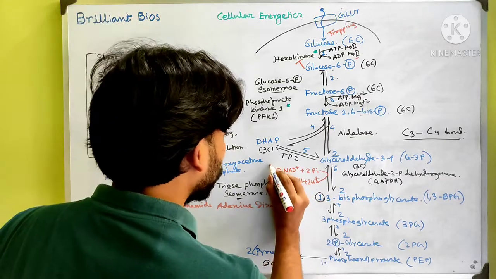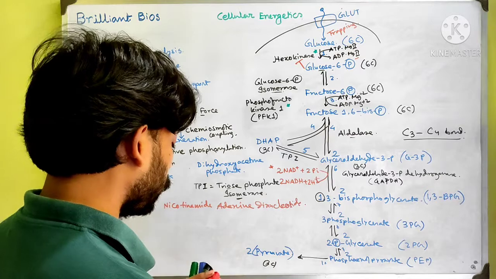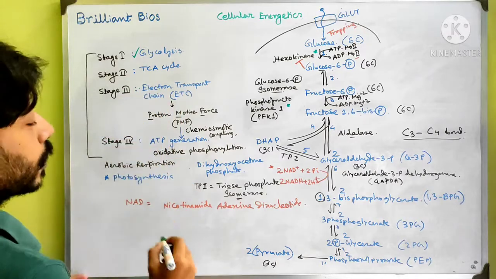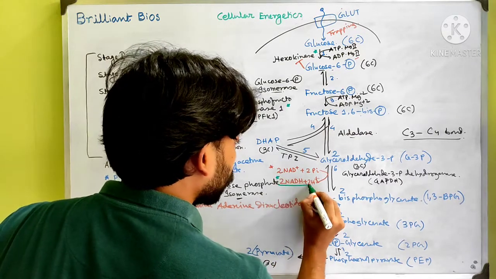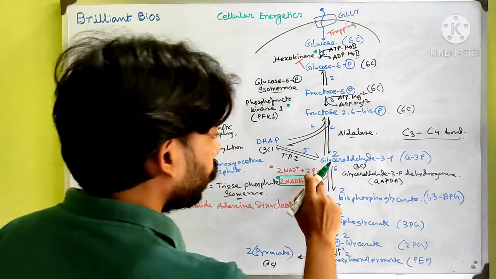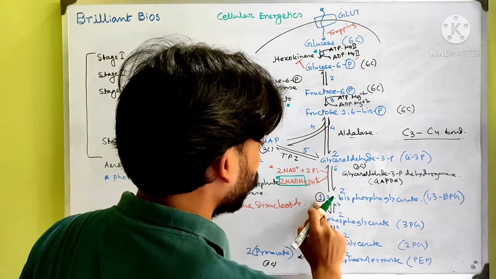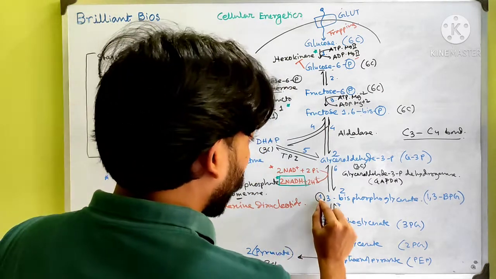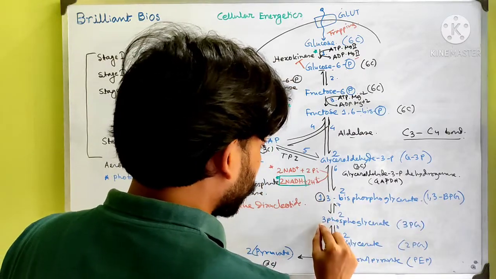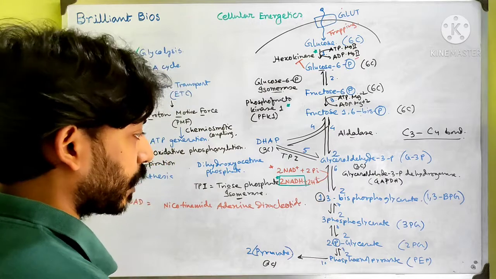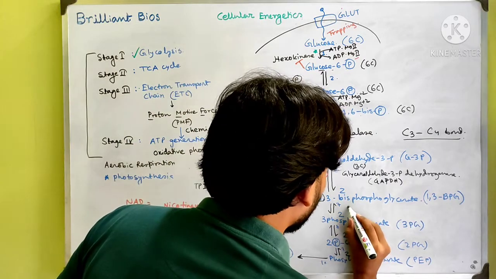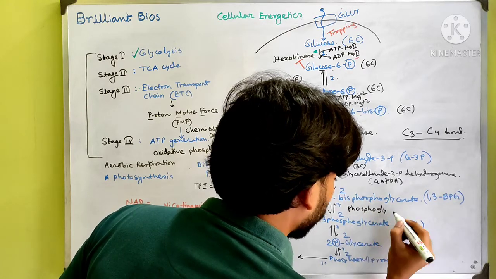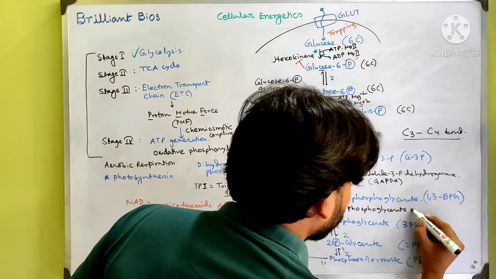So just remember in this step a very important product is actually produced. This is called NADH. It is actually an electron carrier that helps in the electron transport chain. So must remember this thing. Now this 2-phosphate group is actually added at the 1 position. Okay, another thing is from the 1,3-bisphosphoglycerate it produces 3-phosphoglycerate. So there should be some enzyme. The name of the enzyme is phosphoglycerate kinase.